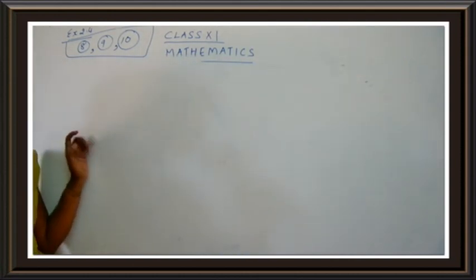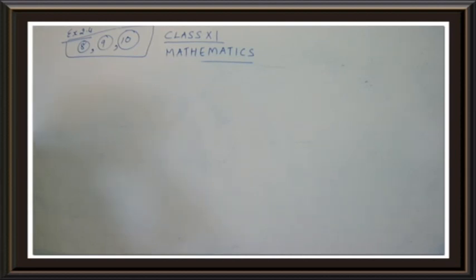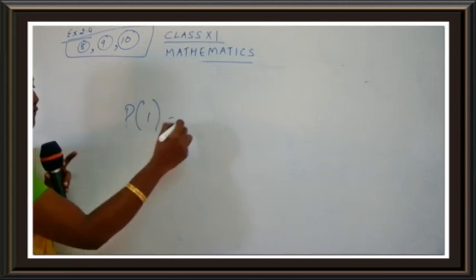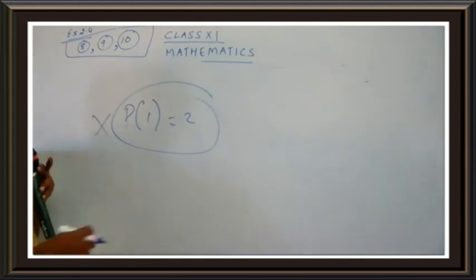Yes, children? But here, nothing is given like that. They have just told us that it is a quadratic polynomial, but we don't have more information about any value like p of x. We don't know the value of x over here. So our work is just finding the value for the quadratic equation. You have to find the sum of roots and the product of roots, and write it down in the form of a quadratic equation. You may ask, ma'am, that was a polynomial and this is also a polynomial. That's why I'm giving you an explanation. For question number 2, we had the detail p of 1 is equal to 2. But in question number 3, such a detail is missing. So we have to stop at the quadratic equation.